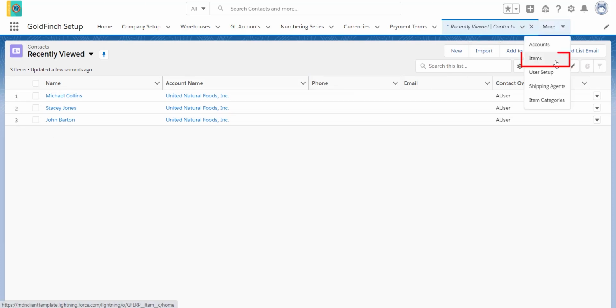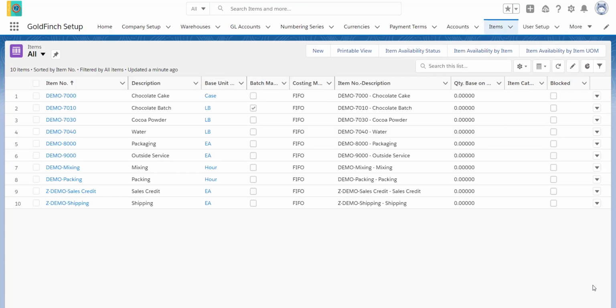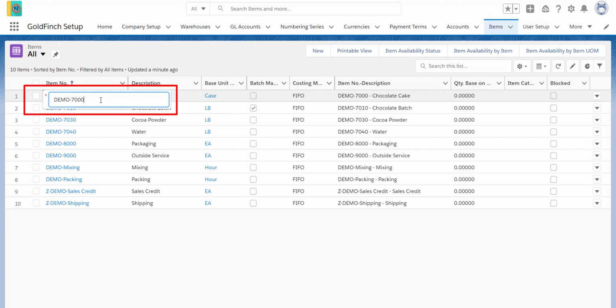Go to Items. GoldFinch allows you to configure items to track goods and services that you trade. Items include finished goods, sub-assembly items, raw materials, and non-inventory items such as services. Several demo inventory and service items have been created by the post-installation script that can be used to create transactions. You can rename or clone these items